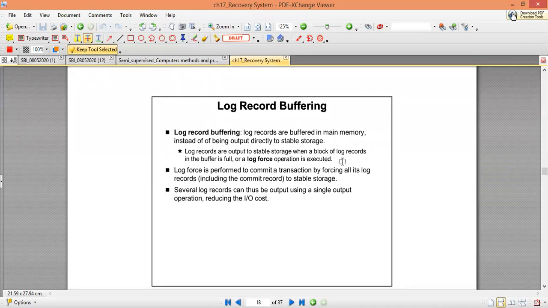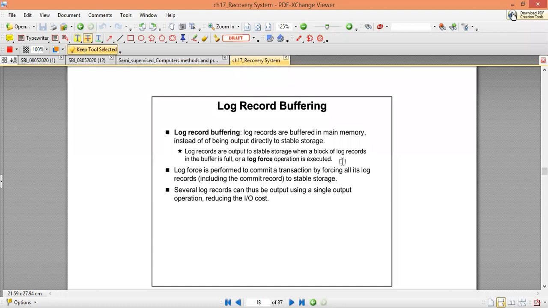Log force is performed to commit a transaction by forcing all its log records into the stable storage. Several log records can thus be output using a single output operation. That means whenever a transaction or a set of transactions are active, those active transactions are writing to the log record.